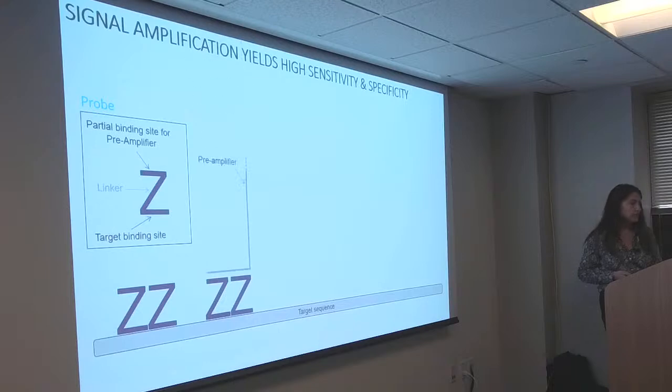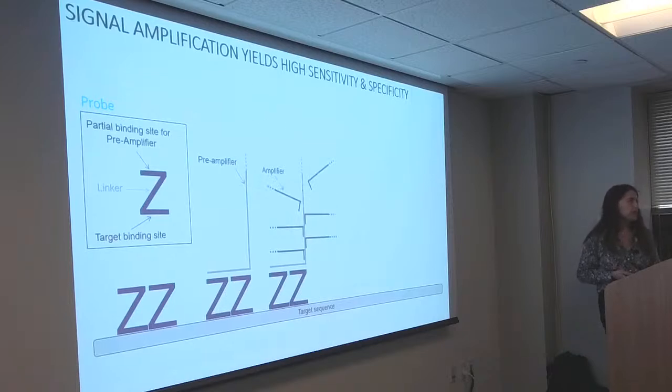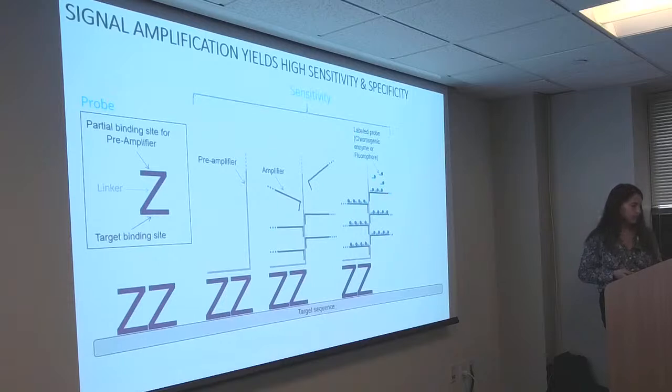I have 2 Z's, so I have the ability for a preamplifier to hybridize to that. Once I have a preamplifier hybridized, I can apply multiple rounds of amps, building out the equivalent of branches on a tree. Once I have those amps hybridized, I can then apply chromogen or fluorophore. All that right there is the schematic to show sensitivity,